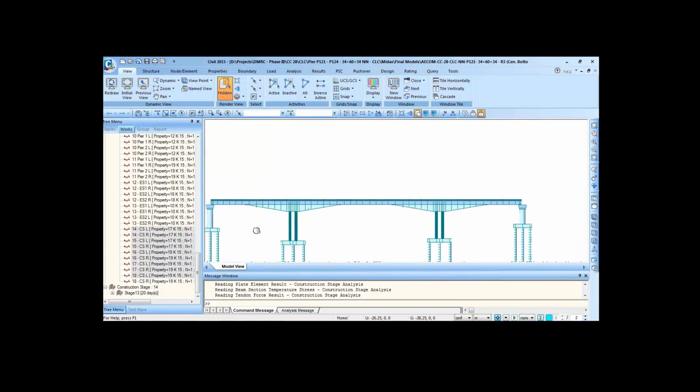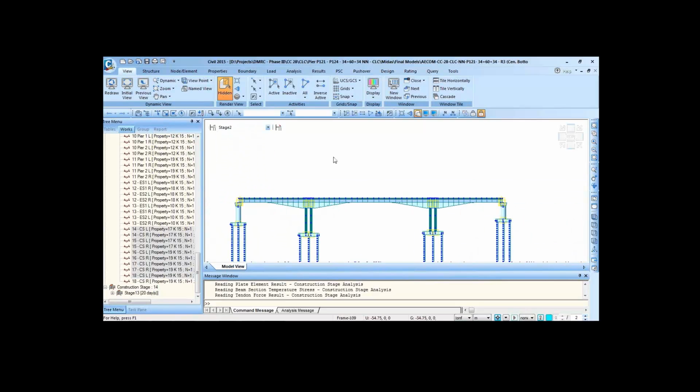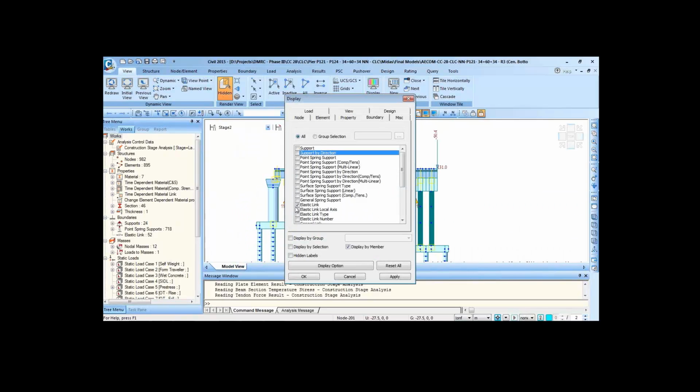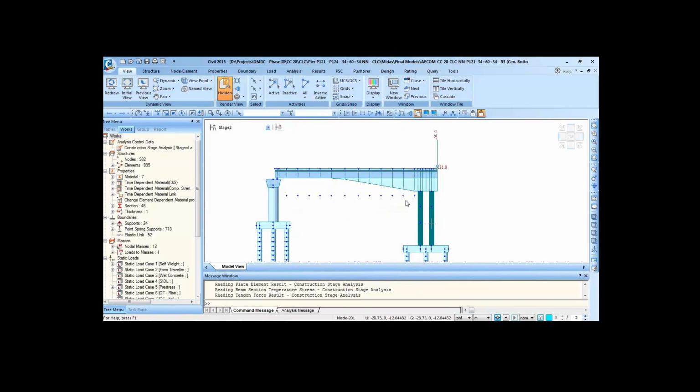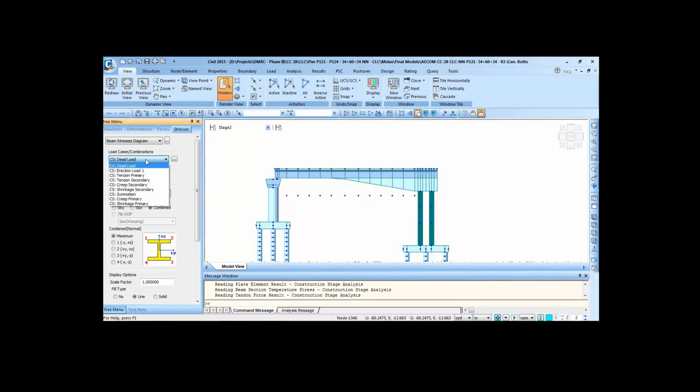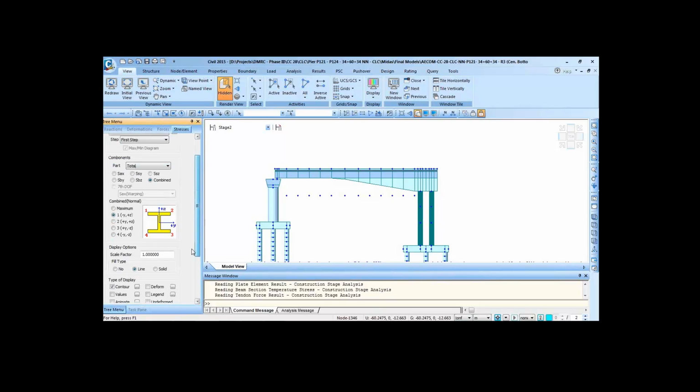Now let's see the results one by one. Let's go to stage number 2, and let's check the stresses. So we'll see the stresses due to summation. Now this summation will include the effect of dead load, the erection load, which is actually our construction load, the primary effect of the tendon, the secondary effect of the tendon, the secondary effect of pre-shrinkage. That is summation. So at the top fiber,